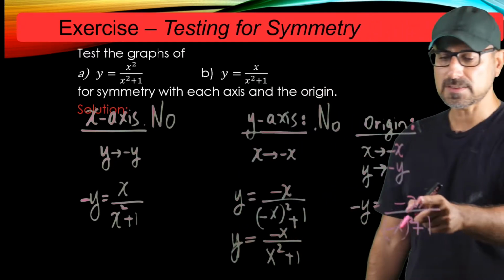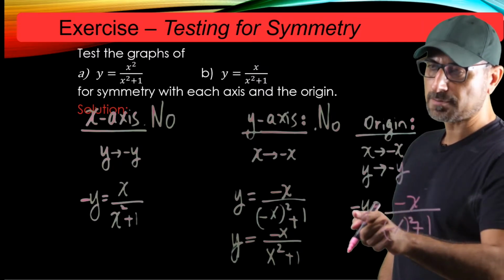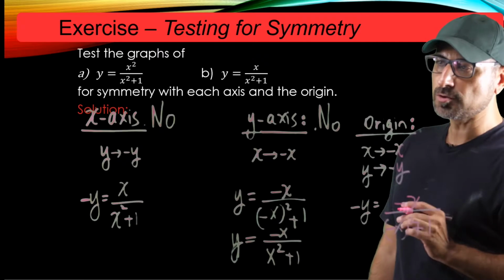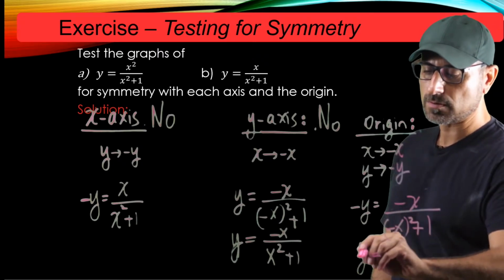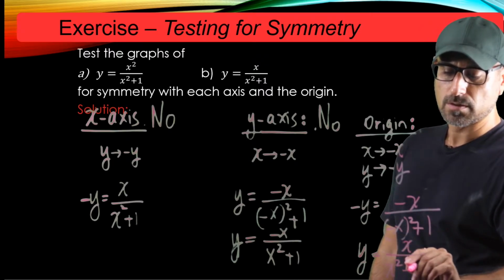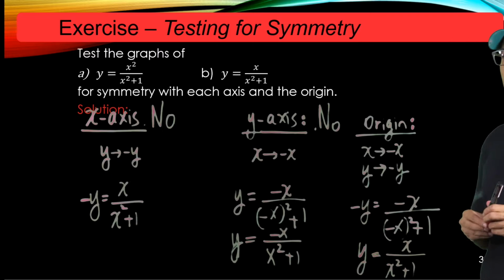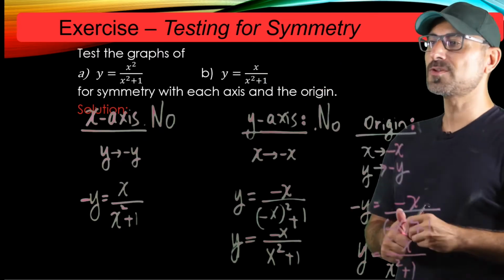And finally, let's simplify this expression here. So you have minus x, minus y, so why don't we multiply both sides by minus 1? So y equals x over x squared plus 1. Well, the good news is that this form is exactly the same as this form,